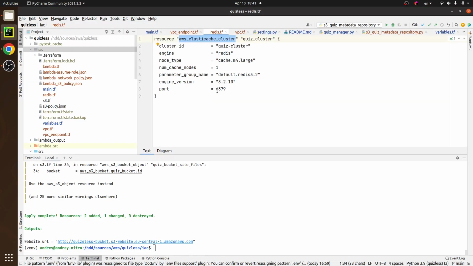So I will go with this option. And num cache nodes, again, let it be one. I believe this group name is okay for me, and the engine version okay as well. So this cluster configuration